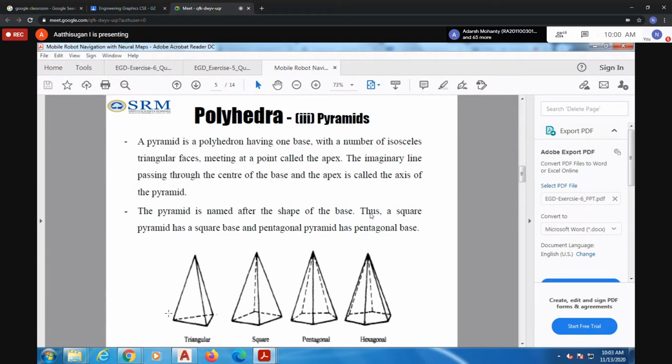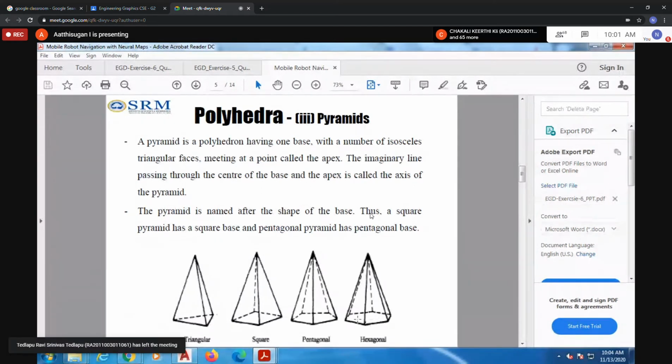Here also you can see the faces, corners, edges, and base edges. Then we have the longer edges, the slant edges, which in cylinders we can call generators. Then this is the apex, like the origin O, so you can take it as the apex. Based on the base, if it is triangular we call it a triangular pyramid. If it is a square shape, it is a square pyramid. If it is a pentagon shape, it is a pentagonal pyramid. Like this, we name the pyramid based on its base. This is a hexagonal pyramid.